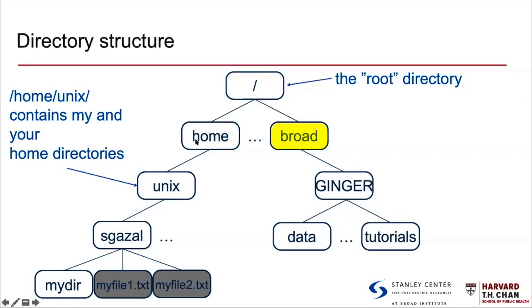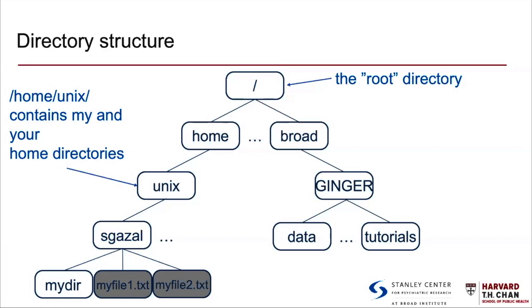And in these 2 directories, you're going to have, again, new directories. We're going to be interested here in 2 particular directories, the one which goes from the root directory, then home, then Unix, then sghazal, which is going to be my personal home directory,